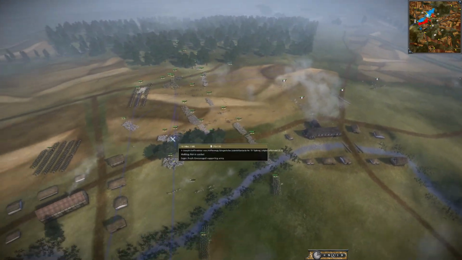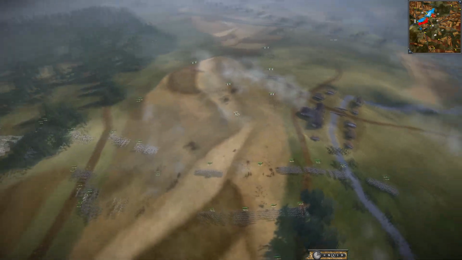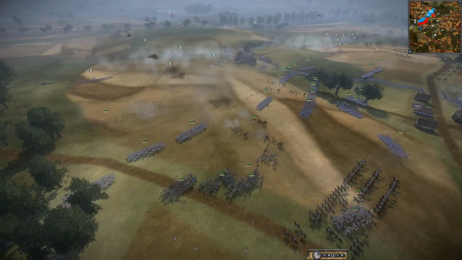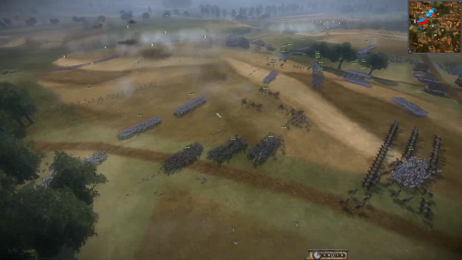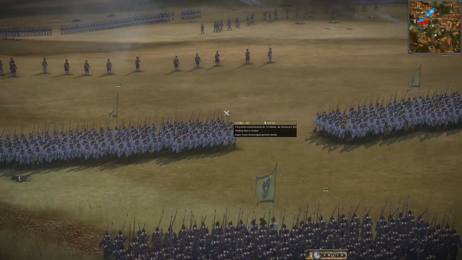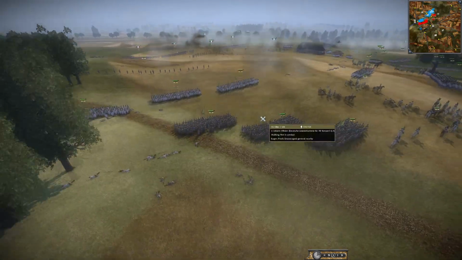Hiller has relocated a little bit and is actually shifting forces over here to the center, and it looks like we may have a general attack. The right side definitely doesn't have as much of an attack as defense, so you need to attack somewhere. And if most of the French are allocated somewhere else, then you gotta...